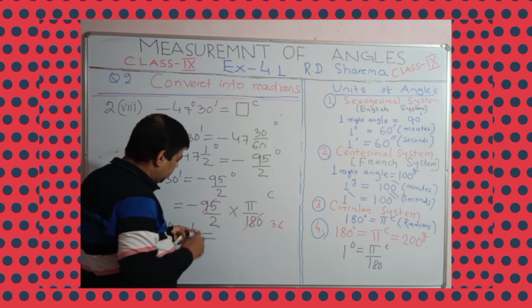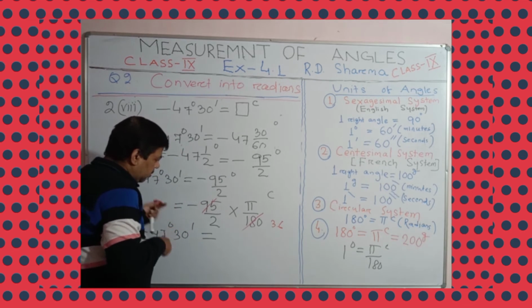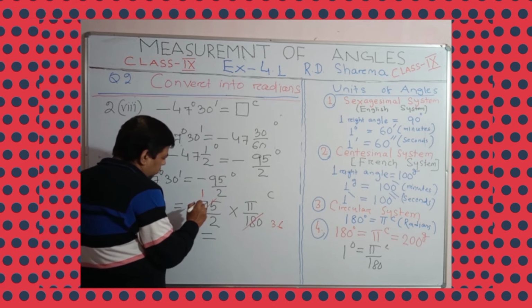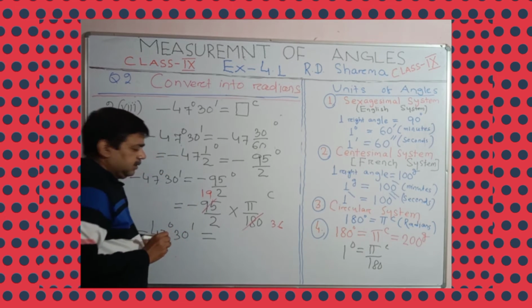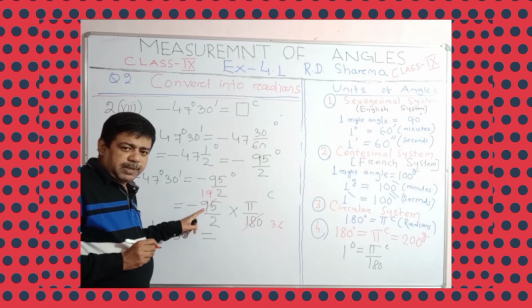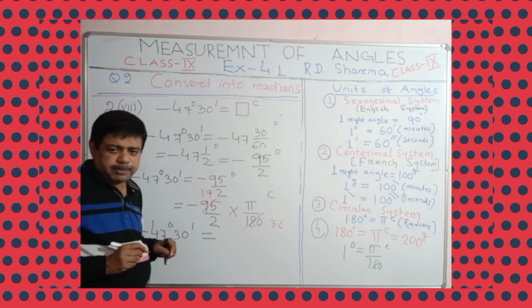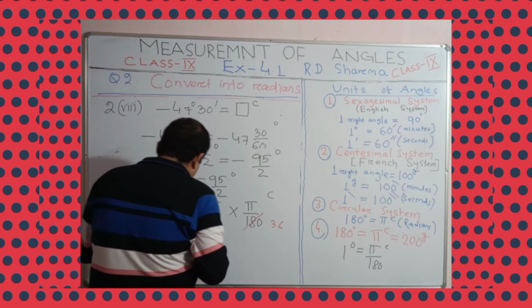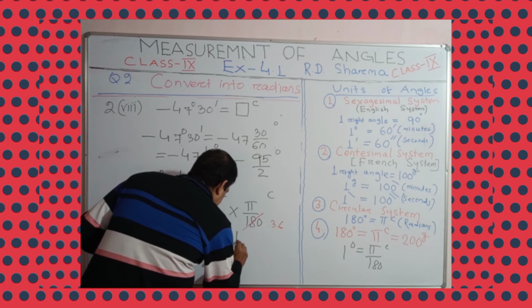You are cancelling 5, na? So here, 5 1 is 5. 5 1 is 5. 4 45, 5 na, 19 here. It will be 19. We will cancel 95 by 5. 5 1 is 5, 4 45, 5 9 is 45. Okay. 19 5 is 95. Yes or no? So it will be minus 95